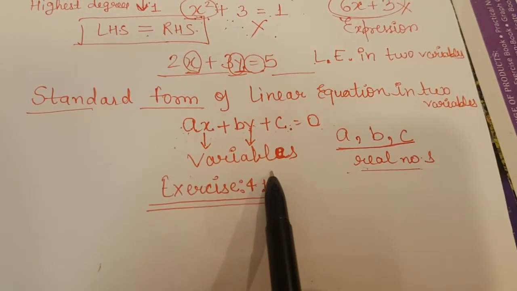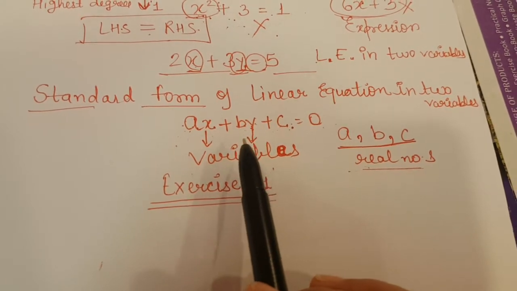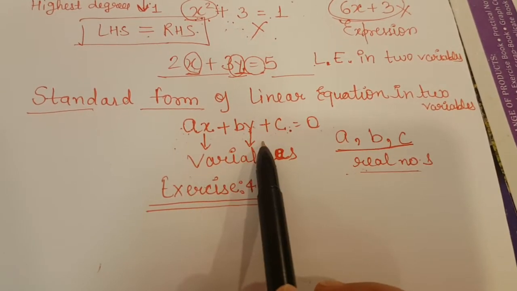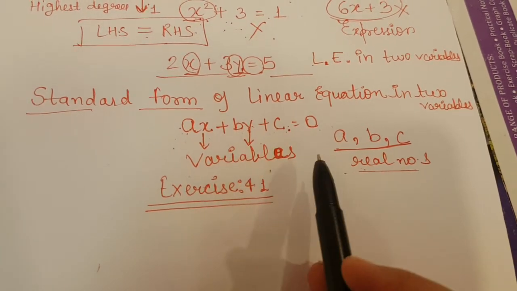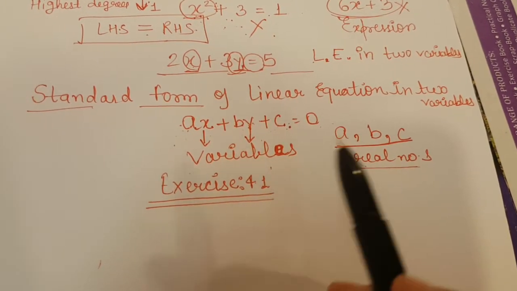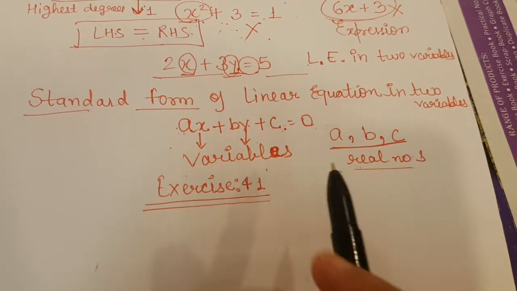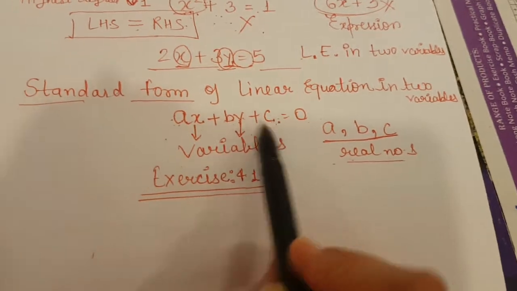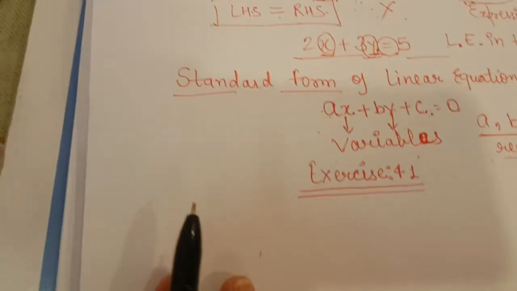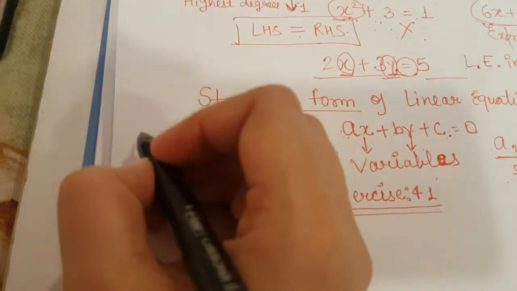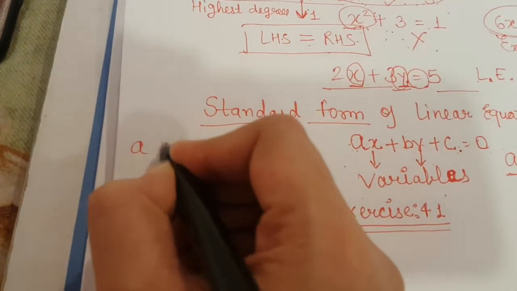But it's not mandatory that in each and every equation when you do the exercise you will get only x and y variables. Any alphabet can be the variable, t, r, v. So only two variables will be there and a, b, c, three real numbers will be there. So according to this standard form, this is also very important, that a is the